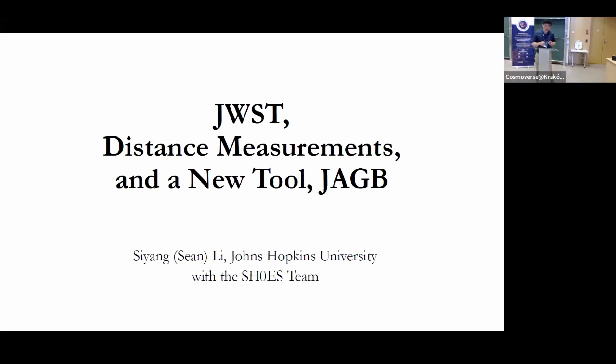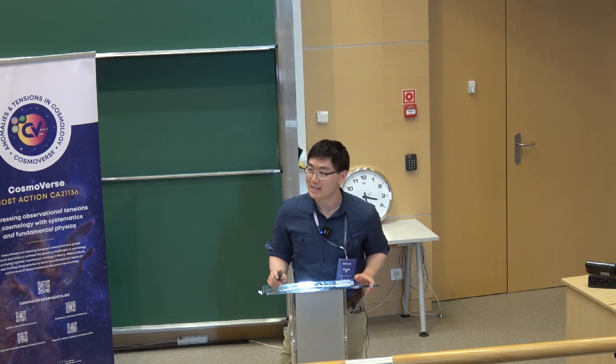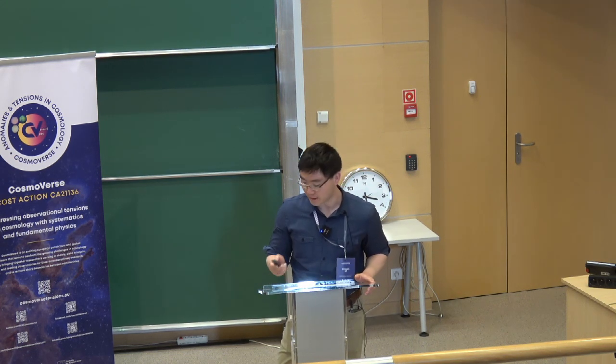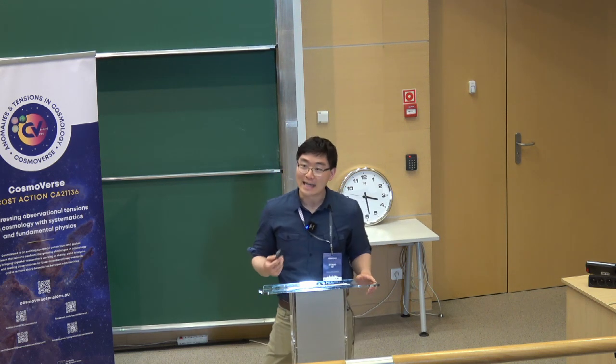My name is Siyang. I also go by Sean. I'm from Johns Hopkins University and the SH0ES team. The title I submitted is a little long, so here I'm going to abbreviate it. I'm going to talk about JWST observations, distance measurements, and a new tool, the J region asymptotic giant branch, or the JAGB. And so I first want to give a review and introduction to the current state of the Hubble